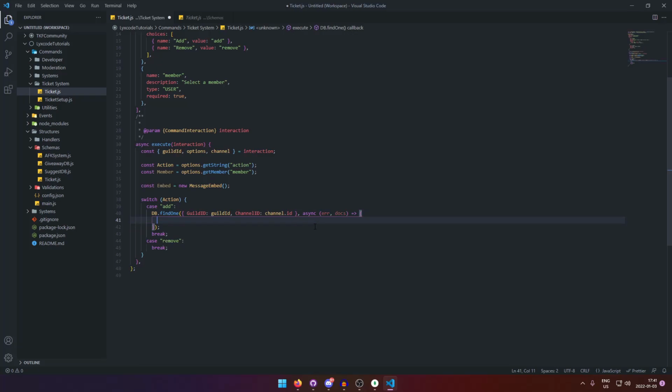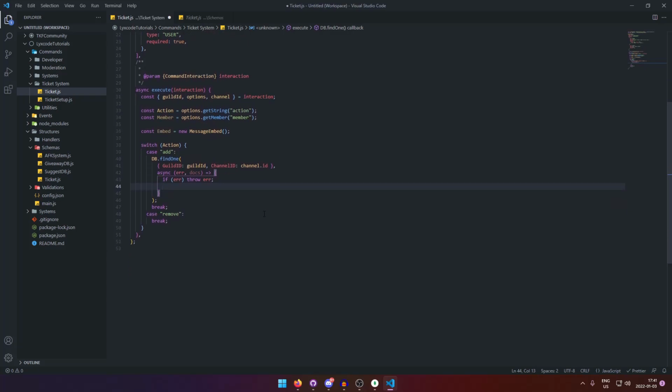we're going to do async error and docs, or documents, whatever. And then here we're going to type if error, then we're going to throw the error. And also, basically we're going to check. So if not docs, so if we didn't find any documents that have the guild ID and the channel ID, most of the time it's because this command was used in a channel where it isn't a ticket. So we're going to return